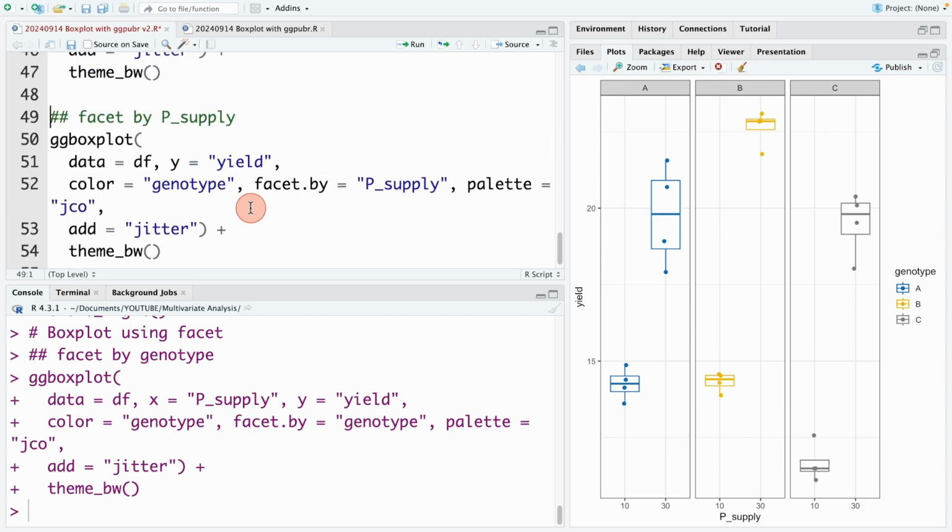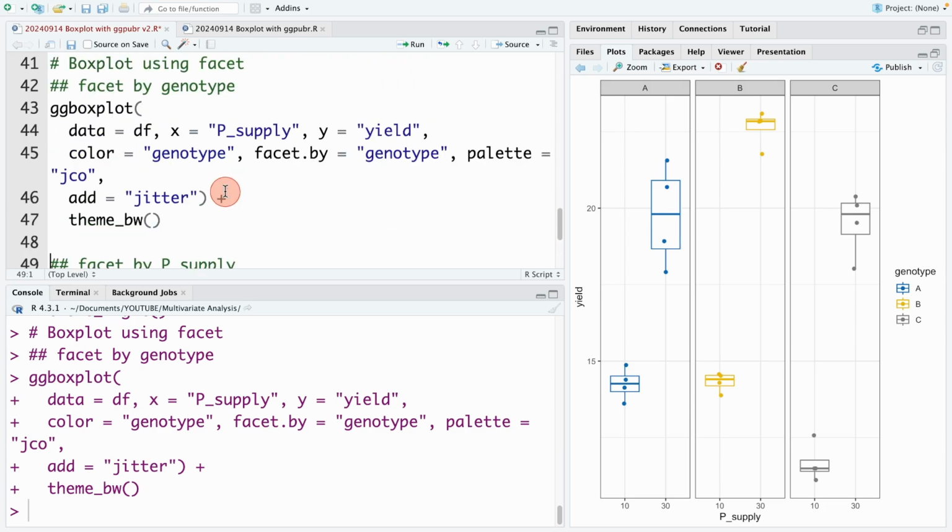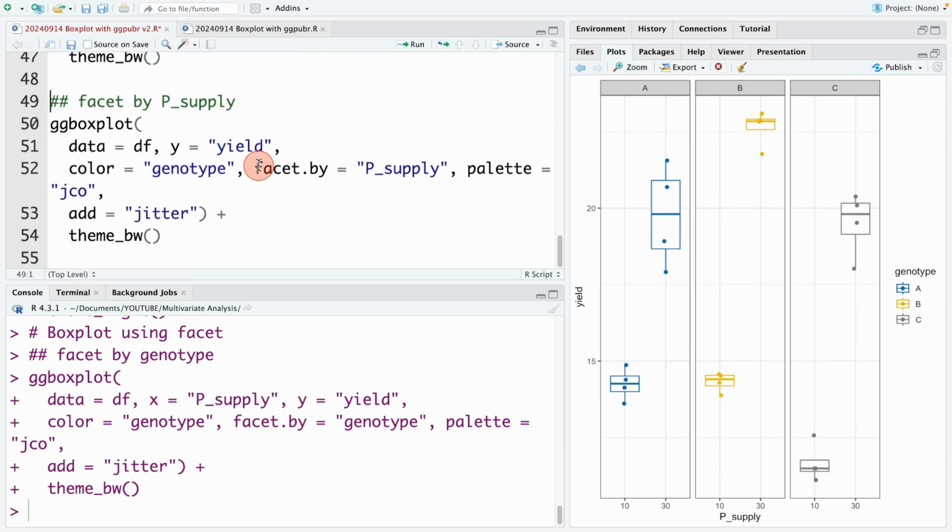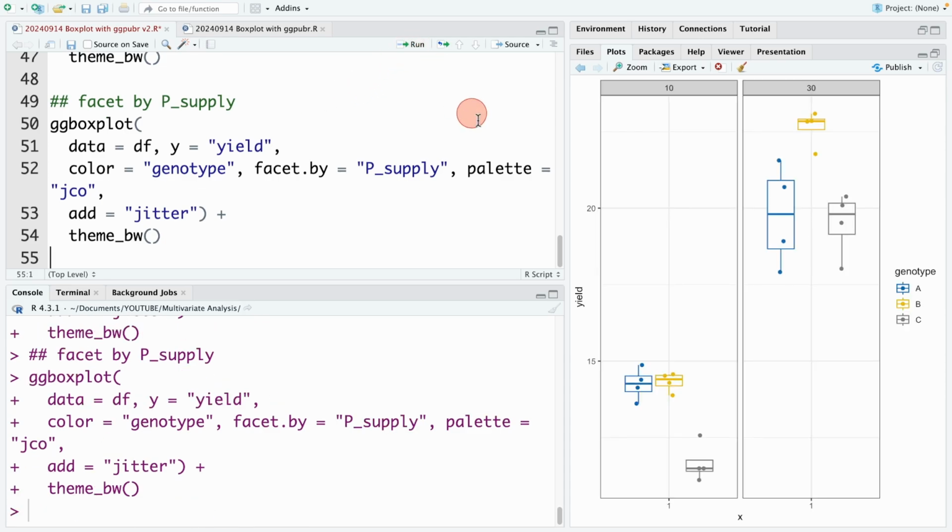To do the facet by p-supply, first of all, we need to remove the x-axis here, and then we add the facet.by equal p_supply. I run this code and we can see. Now you can see there are two subplots in the graph. The first subplot is the level 10 and the second one is the level 30.